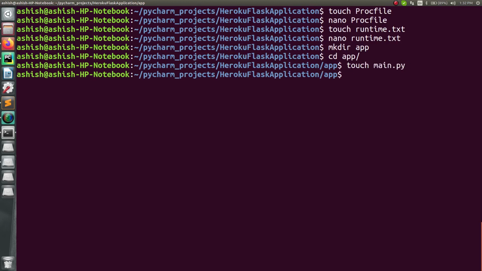Enter this, and now inside this I have to mention what the complete project is and what exactly my motive is for making this Flask application. So whatever the routing is, what the first page is, what the next page is, whatever you want to add, just add it in there. If you already have some existing project, you can add that inside this app directory. This is how you can do it, but right now I don't have an existing project, so I'm going to make a new one. Let me create that.